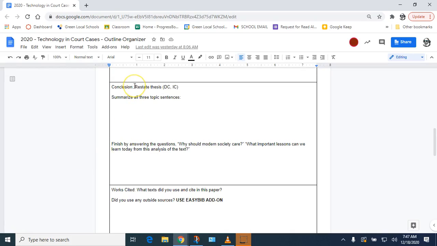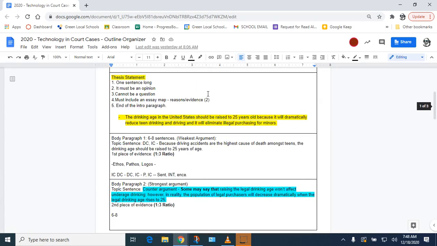The first sentence of your conclusion paragraph means you need to restate your thesis. Now, how you do that, this is the golden goose. Anytime someone says restate your thesis in your conclusion, you're going to hear that a lot. Please don't just copy and paste your thesis statement from your first paragraph to the last paragraph. That's not what they mean. They'll say things like reword it or rework it or summarize it, which is too difficult. The best way to do it is to turn your thesis statement, if you scroll up,